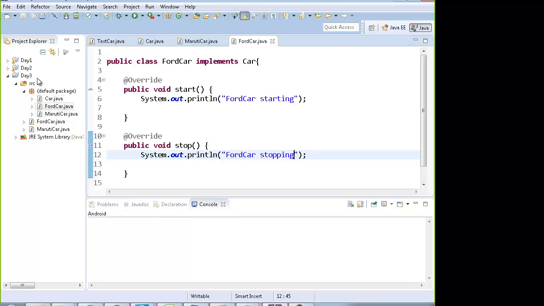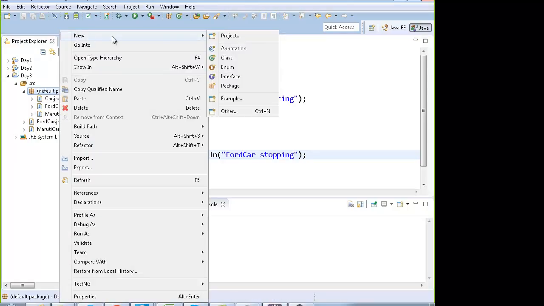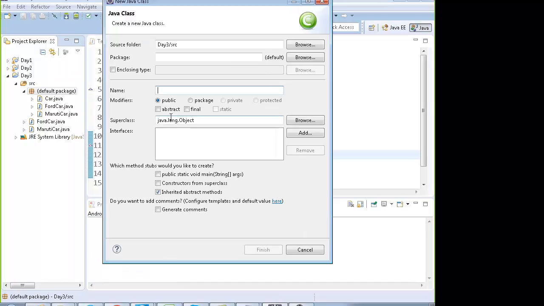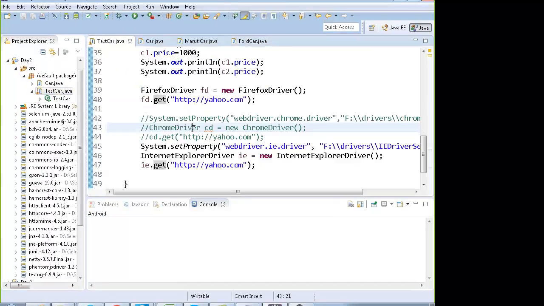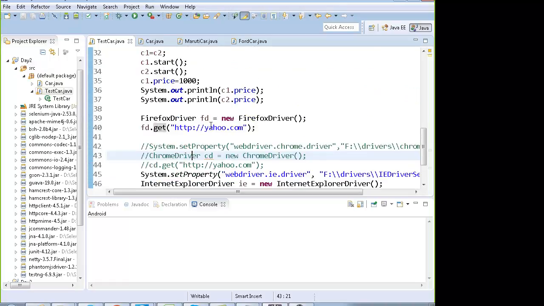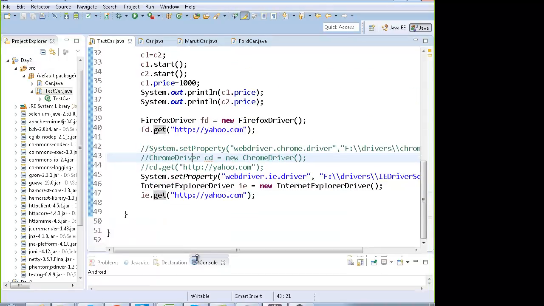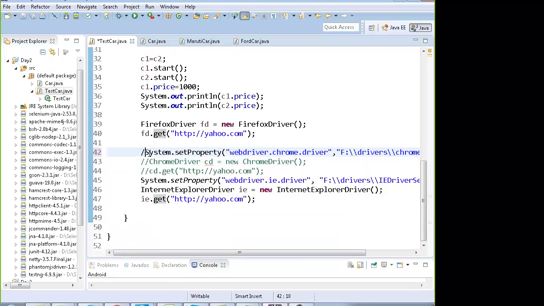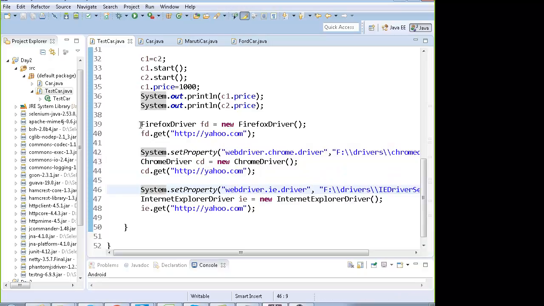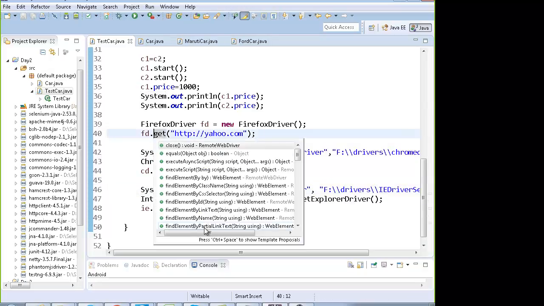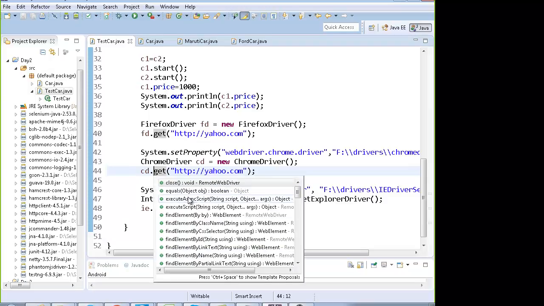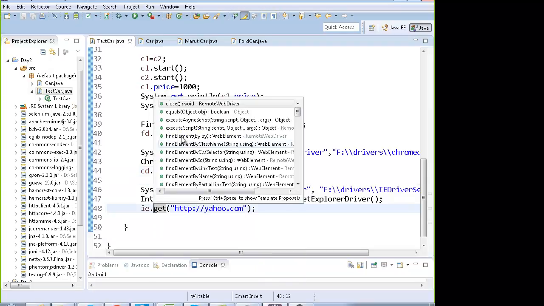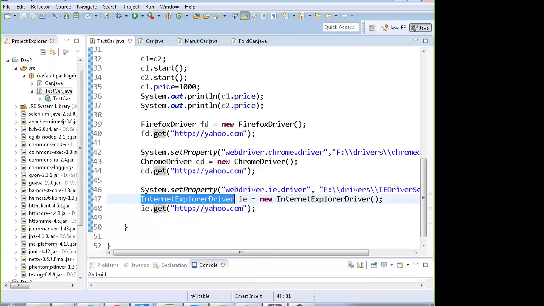If I make a new class over here, or if I go to the previous class, open testcar.java, which we had made, we had these three drivers, which I had told you that day: Firefox driver, Chrome driver and IE driver. The functions in Firefox driver, the same functions will be there in Chrome driver, and the same functions will be there in IE driver, because all these three classes